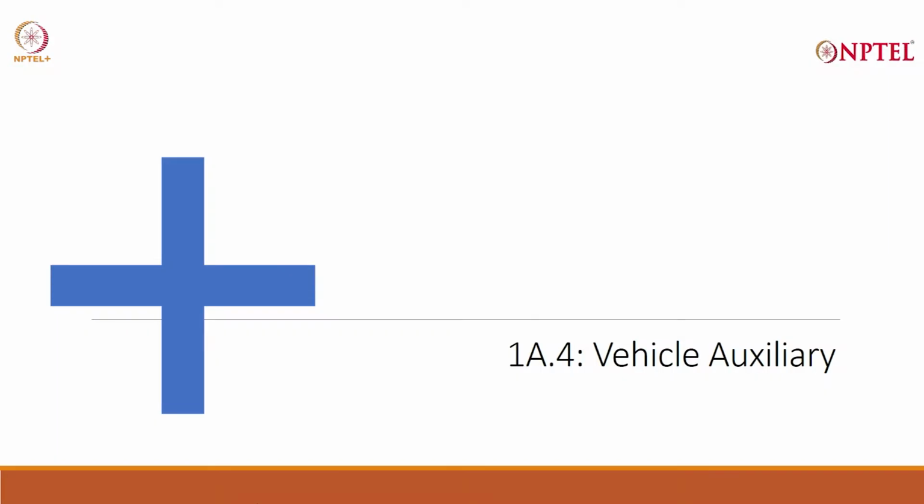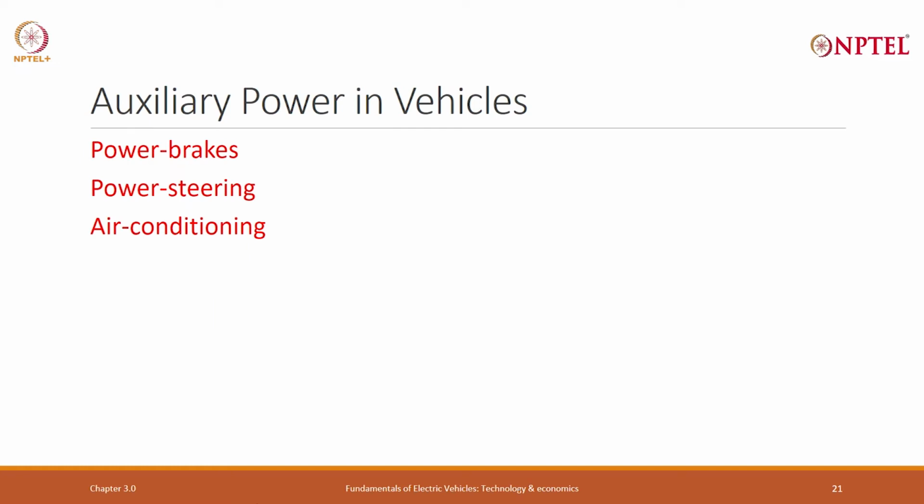I am still on section 1A, which is just an introduction. I am just going from a petrol vehicle towards electric vehicle, step by step telling you what are the things happening. And the fourth part of this is vehicle auxiliary. Besides the drivetrain, which drives the motors, drives the wheels and therefore drives the vehicle with increased decreased speed, increased decreased torque, there are vehicle auxiliary, and you need to power these auxiliary.